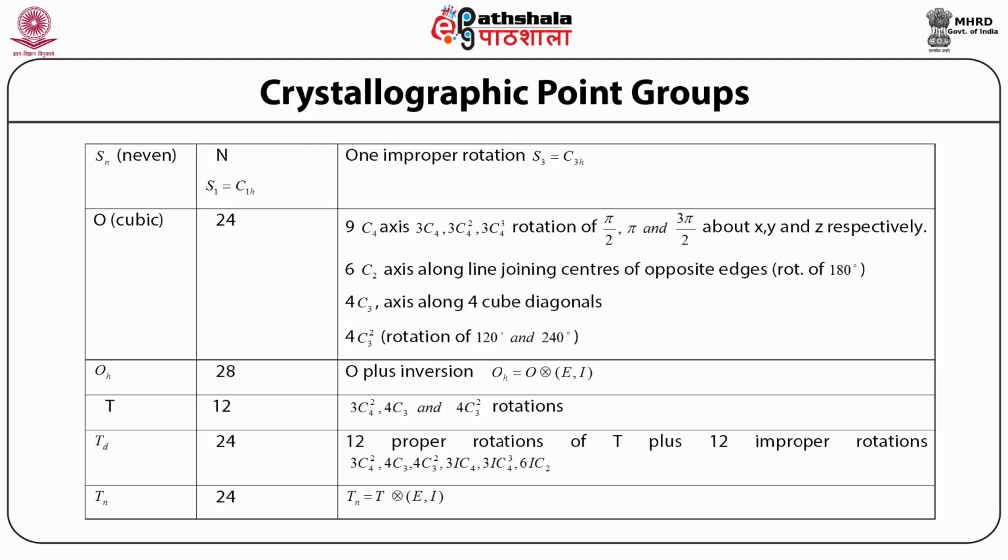The group Td has 24 elements, is a group of 12 proper rotations of T plus 12 improper rotations, and consists of 4C3 squared, 4C3, 4C3, 4C3 squared, 3iC4, 3iC4, 6iC, etc. And finally, the group Th has 24 elements, and the Th group is the direct product of T with the inversion group. Let us now discuss a couple of examples to see how to identify the